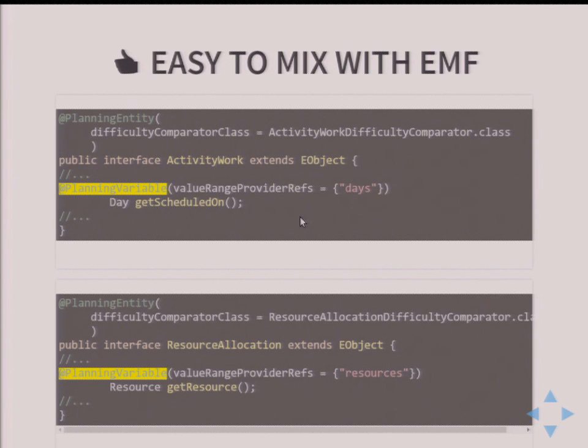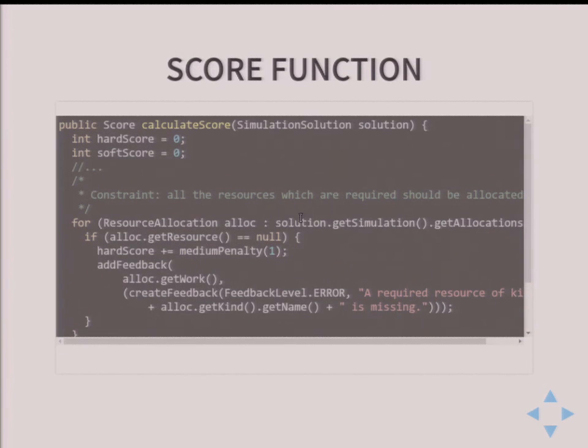And what OptaPlanner will do is use the model, mutate it depending on those flagged entities, and then give it to a score function. And that's a function you have to implement yourself, which takes one solution and should return a score composed of a hard score and a soft score. So you basically have your logic here, which says, this is acceptable for me because there's no hard constraint which is broken, or this is not acceptable. I add a penalty on this specific situation.